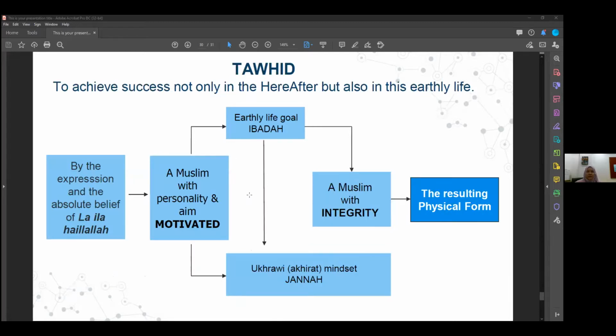This is I think the last slide. I'm trying to put in actually for my reminder as well, but for my reminder and for sharing in terms of the summary of Tawheed in order for us to achieve not only the hereafter but also in the earthly life. For me, by the expression and our absolute belief in La ilaha illallah, we will become a Muslim that has motivation. Kalau kita tak ada motivation, we don't have goal. Kita tak ada long term goal or even short term goal. So we must